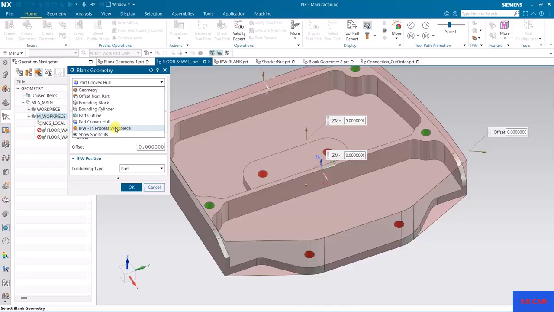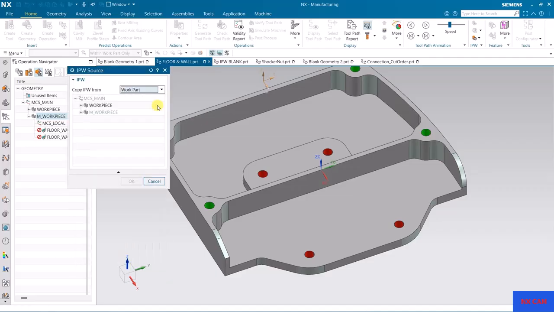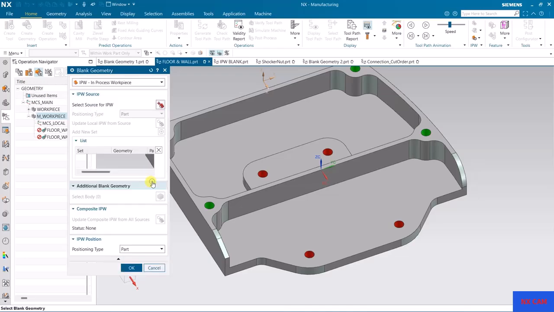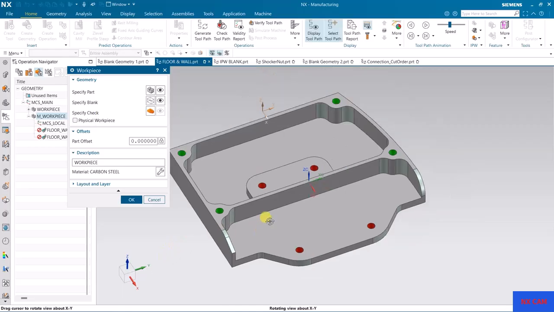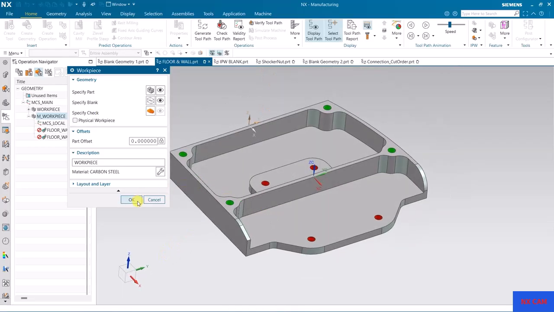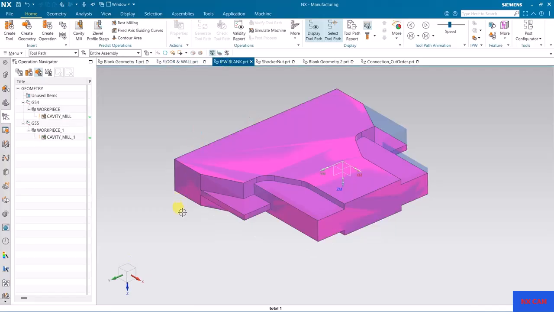For IPW, in process workpiece, we need to define the previous operation. With the help of the previous operation, the material which is left by the previous operation, we can assign that remaining material as a blank for the upcoming operation. Or we have one more method to define.